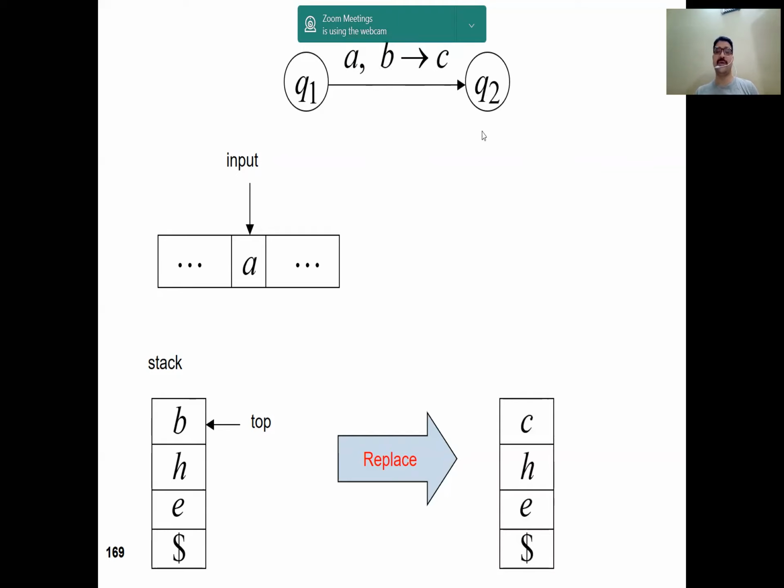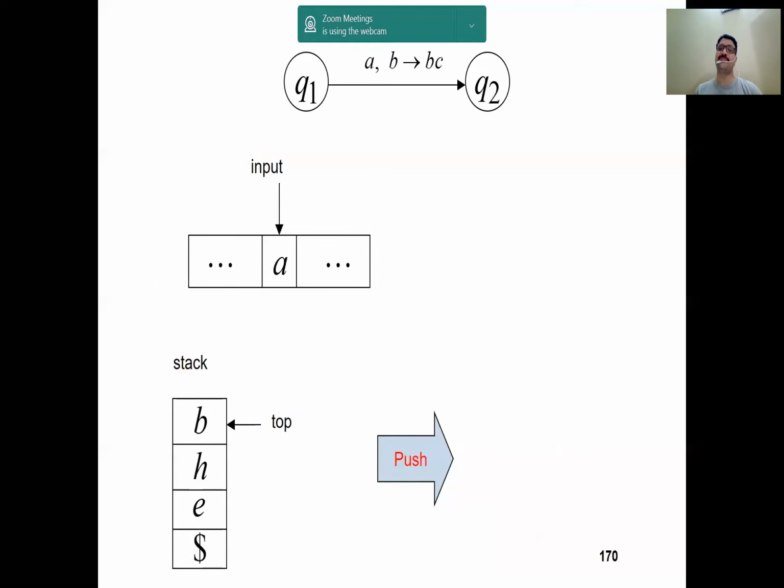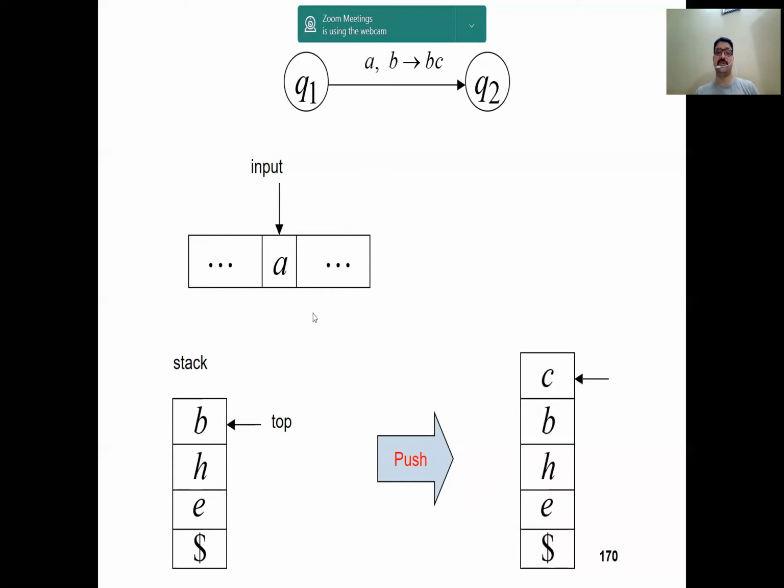So after this, you can see easily B is popped out from the stack, so there is no space for B after this transition, and now C will be pushed into the stack. So that's why in place of B, you can find C here. So the top pointer of the stack will point to C. So this is the simple representation, or the simple execution, of PDA with the help of the diagram. You can easily see that the top pointer will point to C.